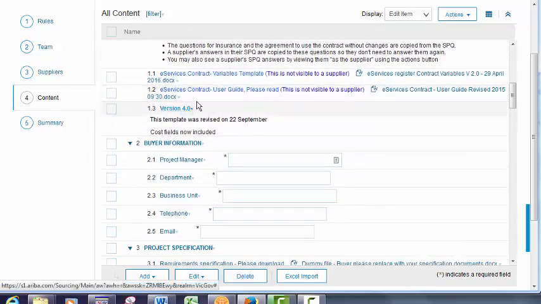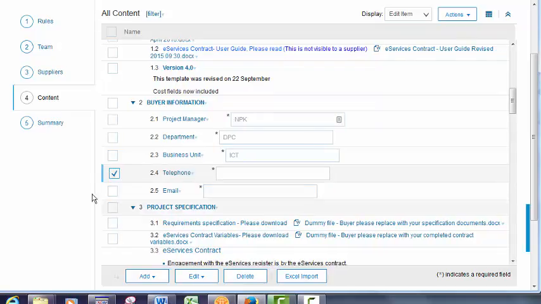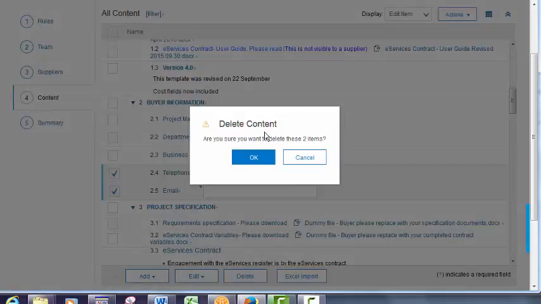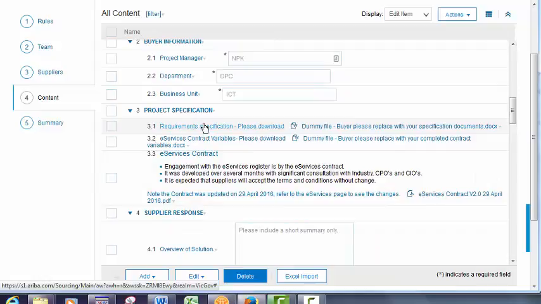So now we've got cost field, so we're just going to fill out these fields. Project costs, so business unit. So you might delete, so I've decided actually I'm not going to give my telephone or my email address, so I'll just delete those. And I need my requirement specification. So on the heading, I click and then have the action edit,